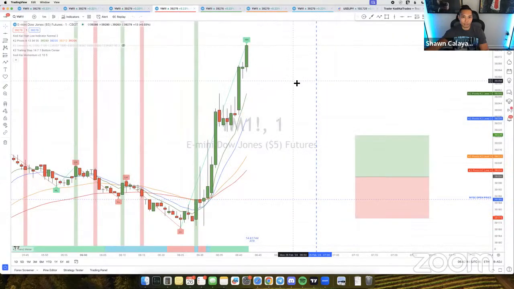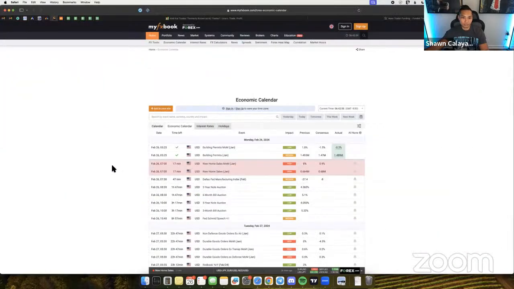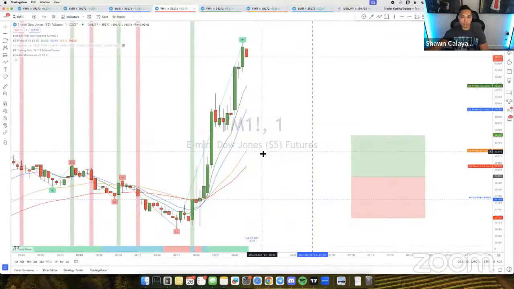So my main focus is the breakouts. I'm looking for the PRB. I'm looking for the breakout V3. Neither of them have come up yet. So again, we're just waiting patiently for something to come. We have high impact news coming up at 7 o'clock. I'm hoping that the entry comes up very soon because we're getting closer and closer to news and I don't want to be caught in news